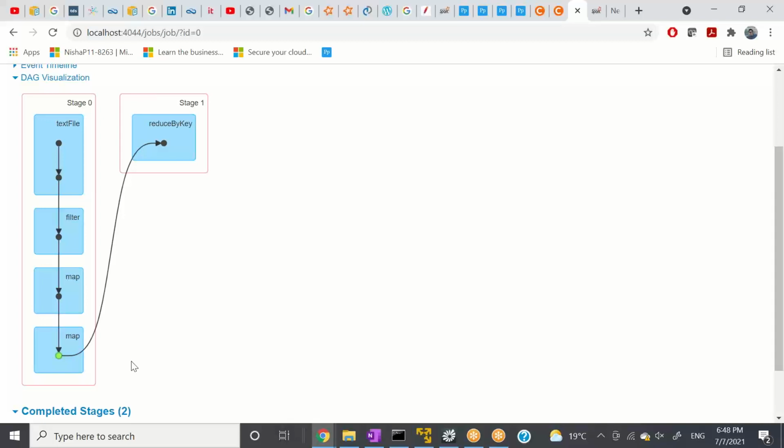But when we talk about wide transformations, a new stage is created. So the number of stages is equal to the number of wide transformations, right? This reduceByKey is a wide transformation, so it creates a new stage.